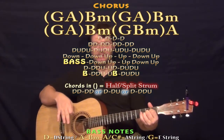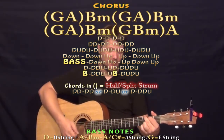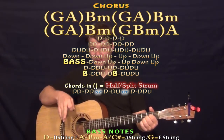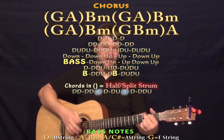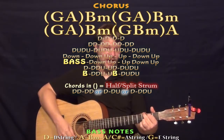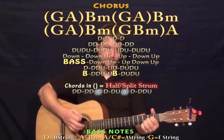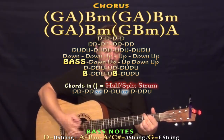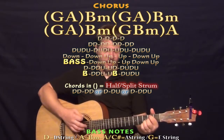Or if you're digging on the 16th, on the G and A, you may want to do the down, down, down, up, kind of a half pattern idea. Or you could split the pattern. And then you could do the G with the down, down, down, up, and then go to the A for the up, down, down, down, up. Kind of split those. So G, A, B minor,